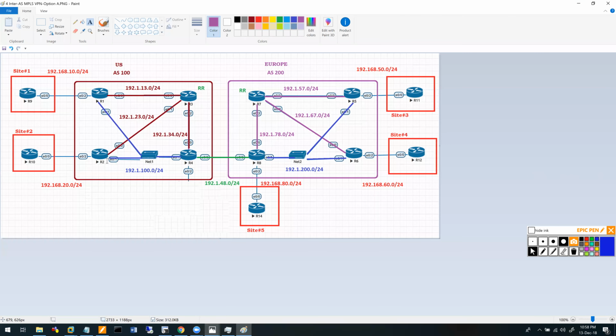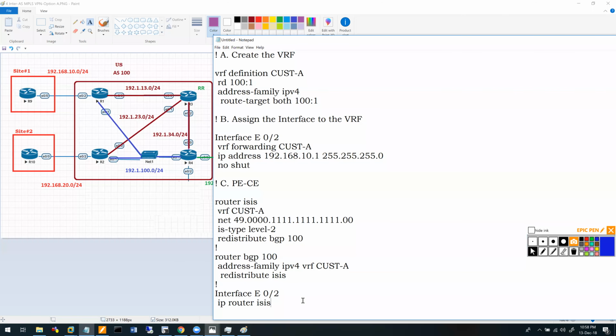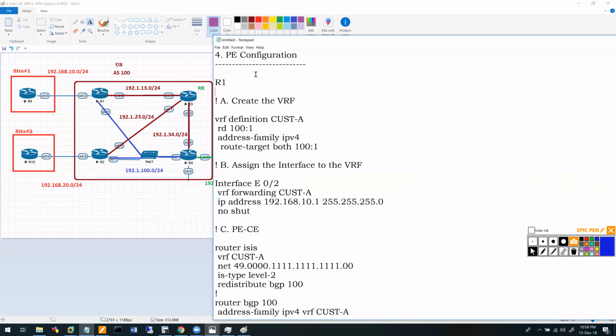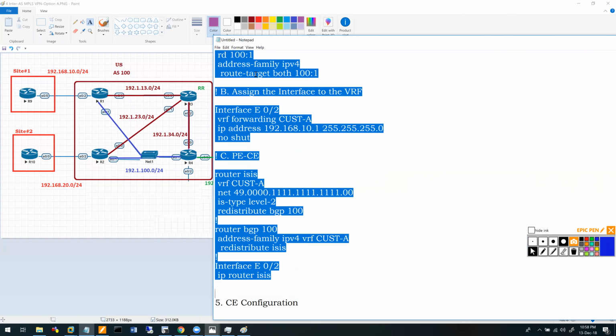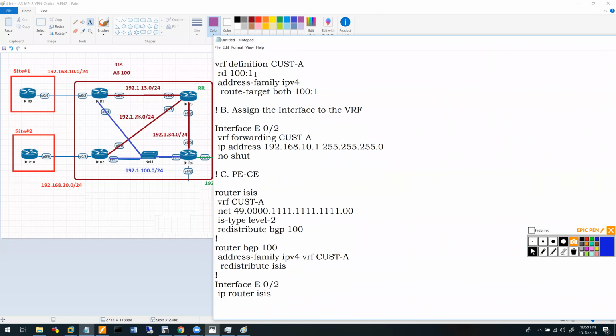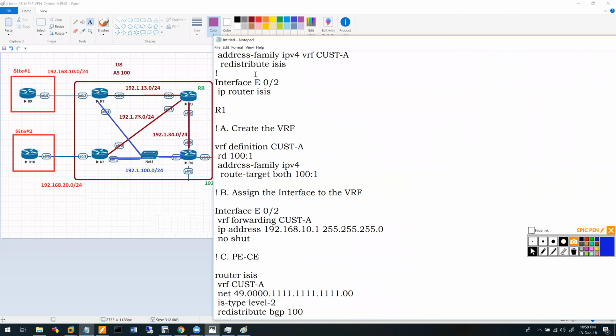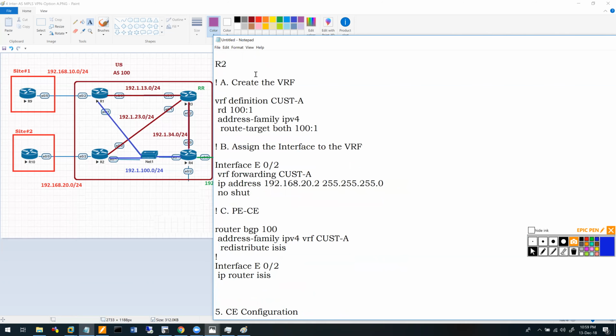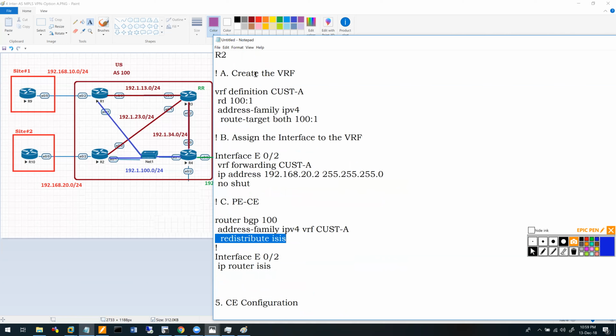Let's do the other PE router, which is R2. This one will do BGP. Do simple BGP over here on R2. This was R1. This is R2 now. This remains the same. It's the same customer. The network address is 20.2, let's say. And we'll keep it simple over here. We'll just do BGP. Address family IPv4. When you're doing BGP only,